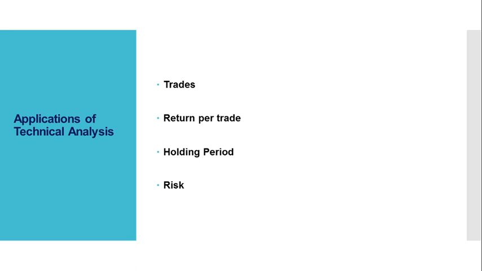Next, risk. Often traders initiate a trade for a certain reason. However, in case of an adverse movement in the stock, the trade starts making a loss. Usually, in such situations, traders hold on to their loss making trade with the hope that they can recover the loss. Remember, TA based trades are short term. In case the trade goes sour, do remember to cut the losses and move on to identify another opportunity.